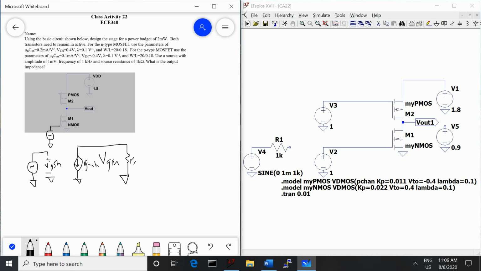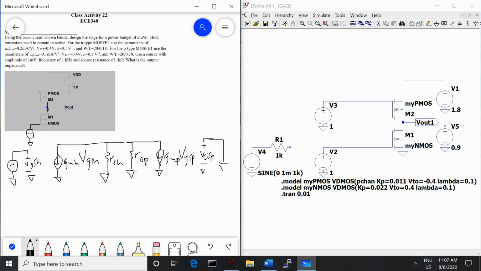then R naught N. And the drain for the NMOS goes directly to the drain for the PMOS, which is the opposite of the NMOS. So we're just going to draw the same small signal model, but flip the other direction. So that's going to be R naught P, and our dependent current source, which is GMP times VGSP, and then over here we have VGSP, and